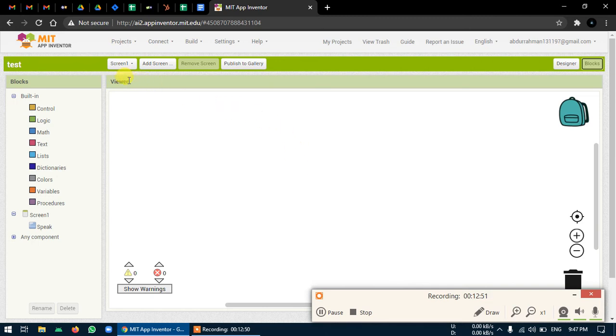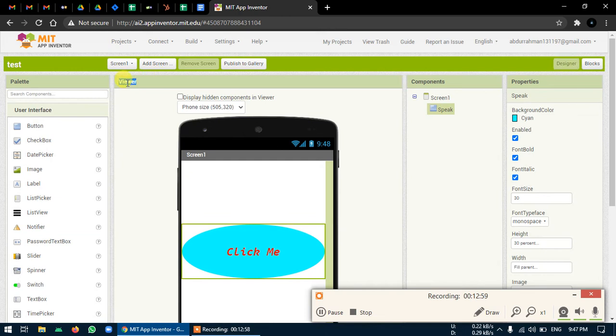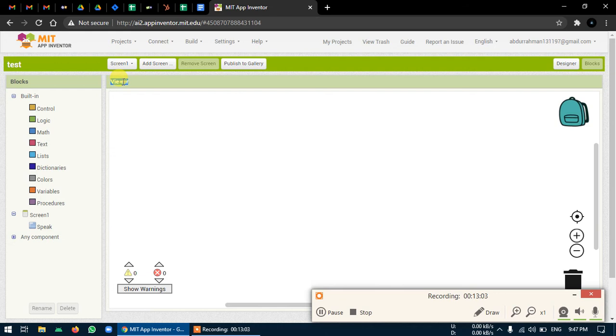Again, we have two parts here: viewer section and block section. This viewer section is different from the designer's viewer section. Here we had a viewer section, and in the block section we also have the same thing. This white screen is just a code ground, you can say.